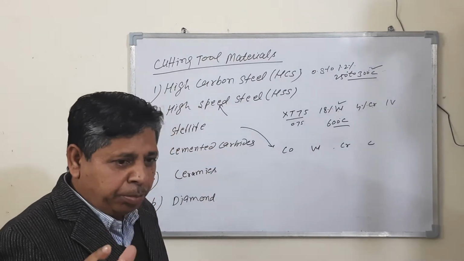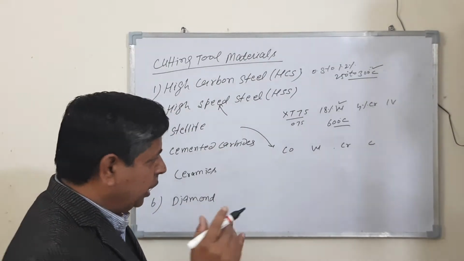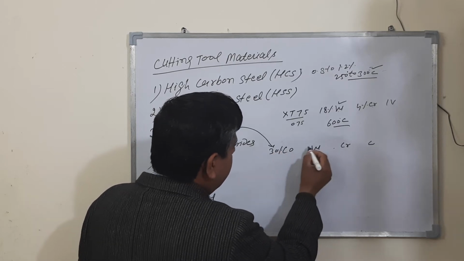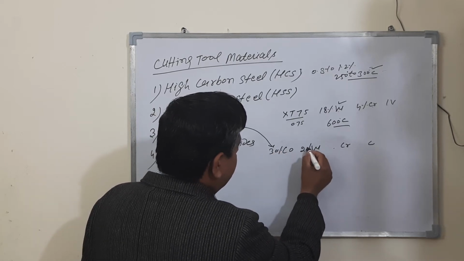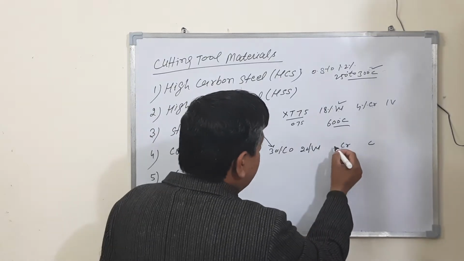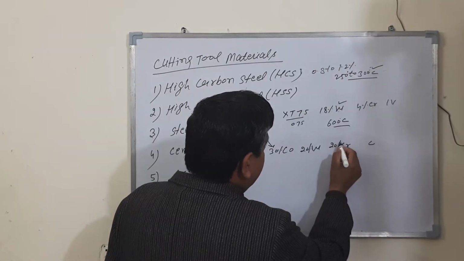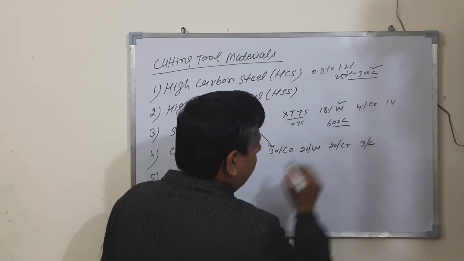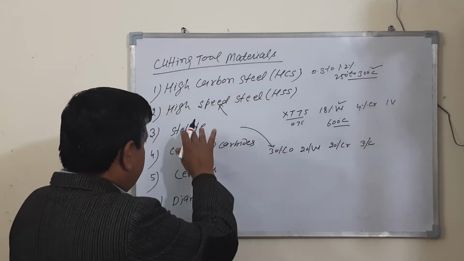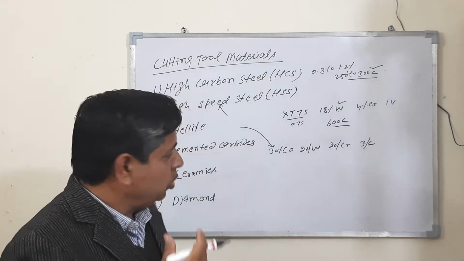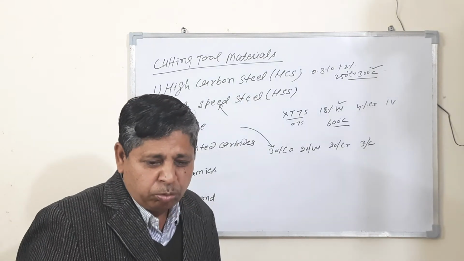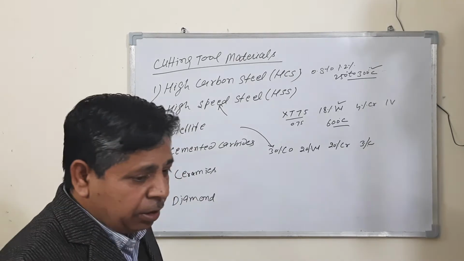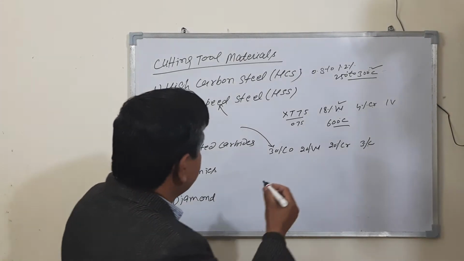The composition of the stellite tool is written in this way: 30% cobalt, 20% tungsten, 20% chromium, 3% carbon. The stellite cutting tool is able to retain its hardness at red heat up to